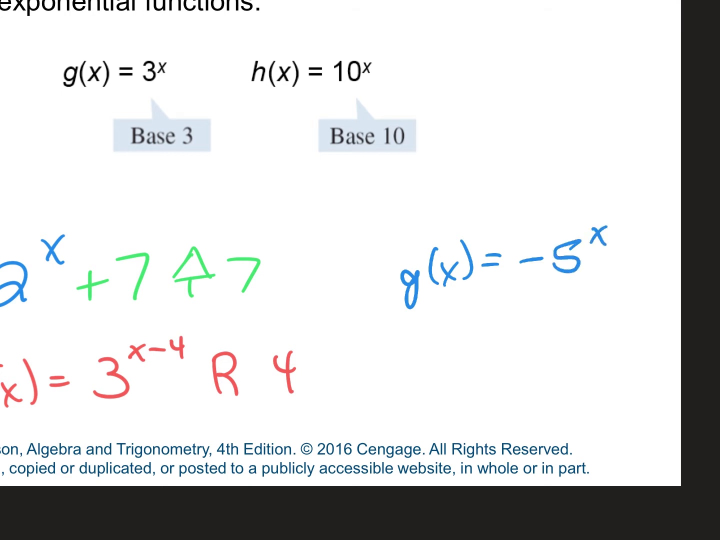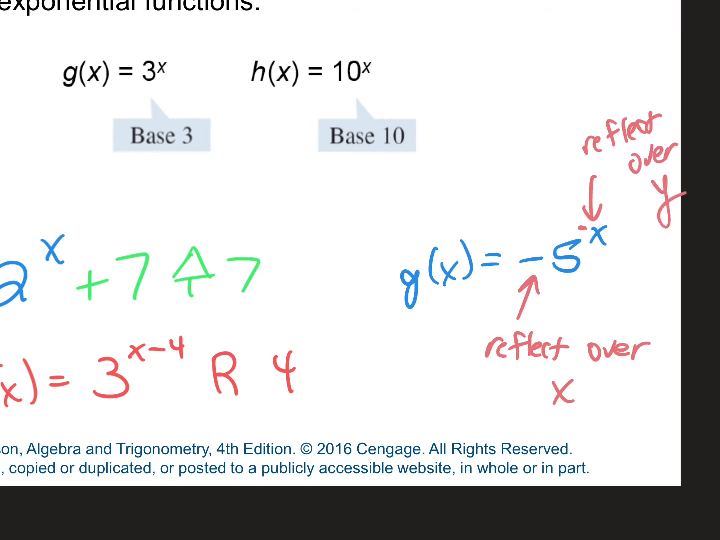What does that negative sign do? Oh, very good. It's going to reflect over what? Very good, over x. What if the negative was up here? It reflects where? Very good, guys. Reflects over y. Same exact transformations that we've had before, because it's just a different function, but it's the same